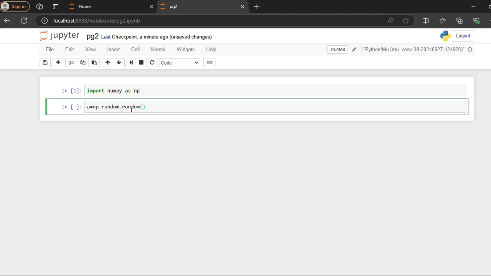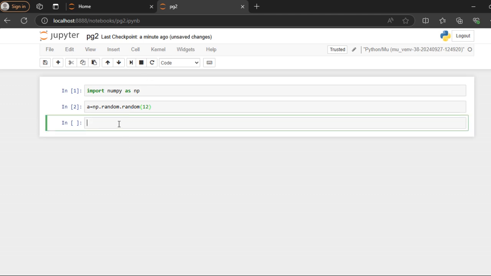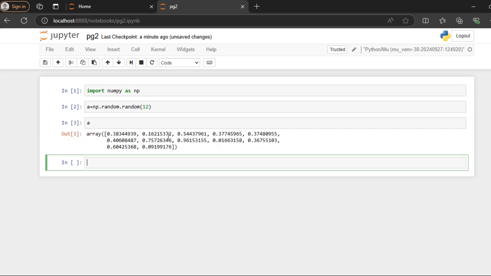Right, let's create a one-dimensional array, because what does the reshape function do? It's going to convert the one-dimensional array into a multi-dimensional or two-dimensional array. So let's say like this. When I execute, let's see what's there in A. See, array A is generated with random numbers, and there are 12 elements in this, and this is a